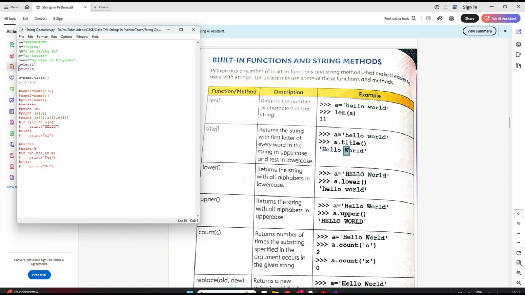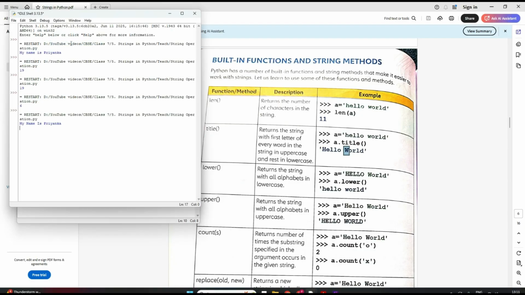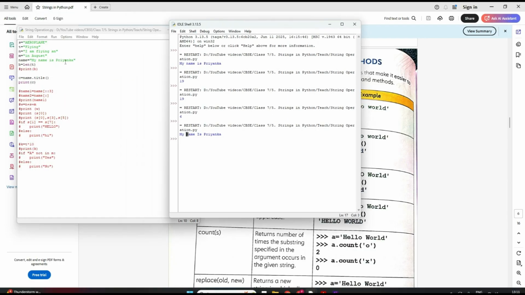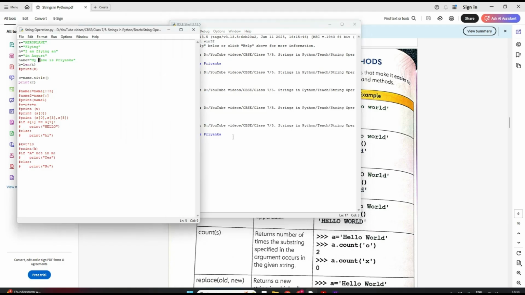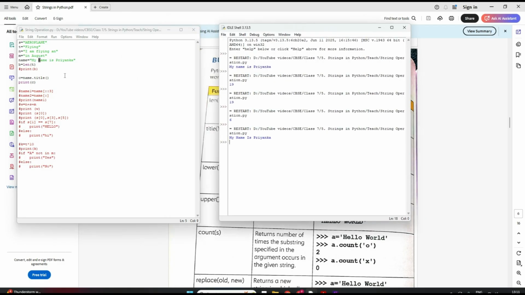Then I print C. Now let me just comment this print out, I don't want this. Now see here, this N and this I are in small letters, these two are already in capital and will come as they are, but for these two words the first character is in lowercase. So let's see if it prints in uppercase. Let me run. See, did you see? If you compare, n was in small, here N is in capital. I was small, I turned them into capital.